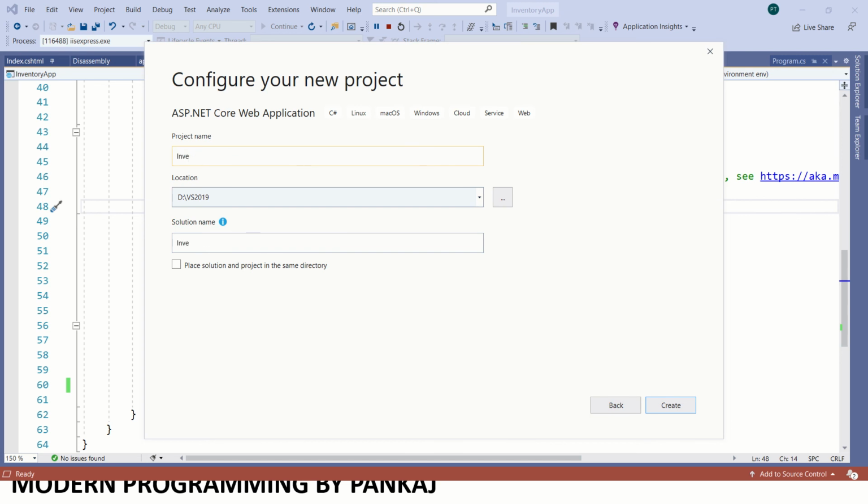I am using product inventory app. You can save it wherever you want. I am storing it in the D drive. If you want to change it, you can browse the locations. Just click on create.